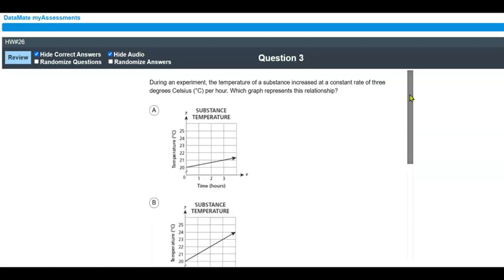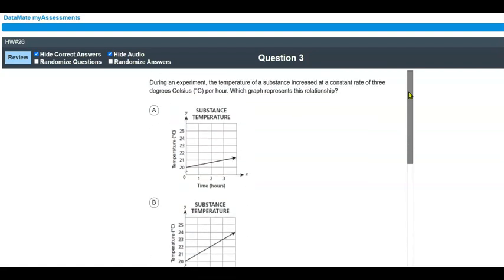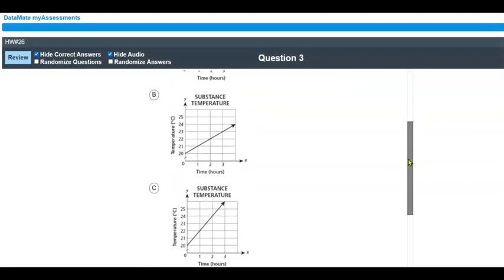Question number 3 asks you, which one of these 4 graphs has a constant rate of change of 3 degrees Celsius? So that means who goes up 3 and over 1. That's what a constant rate of change is. So when I look here at 20, and then I go up 1 for every 3, that's not right. When I look at the next graph, at my perfect corner points,